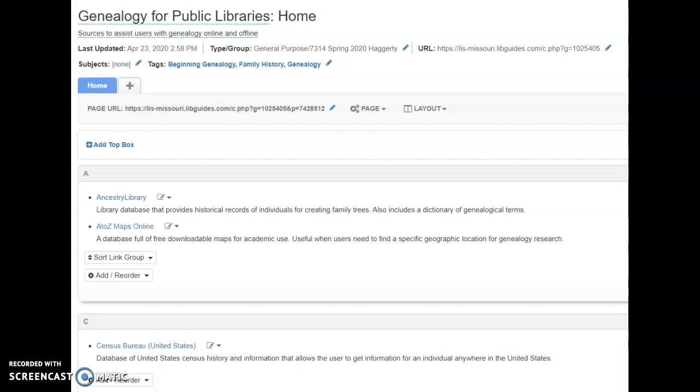This library guide is devoted to providing resources to assist users with genealogy, online and offline. Most of the users it's devoted to are beginners who have just entered into the idea of doing family history and genealogy. It says for public libraries at the top